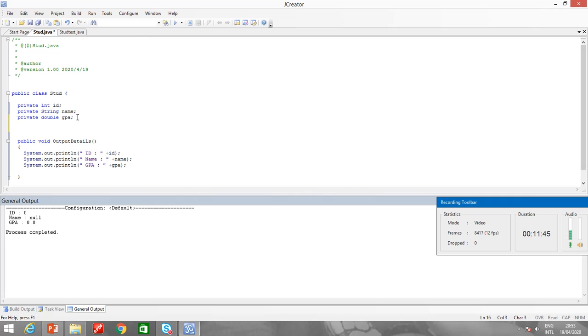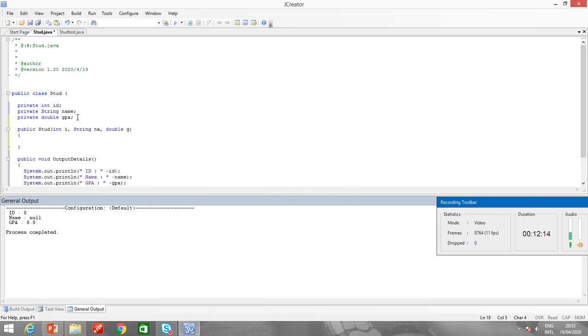Or else I can make a constructor of this class, public stud, and I will pass the instance variables, any number of instance variables I can pass. So the first is int i, let me make it string n and double g. The purpose over here is to initialize the value of the instance variables.